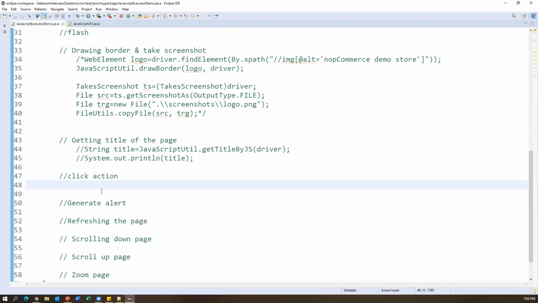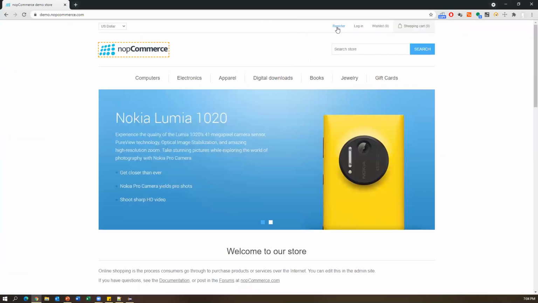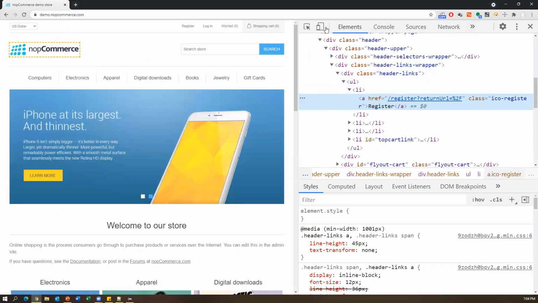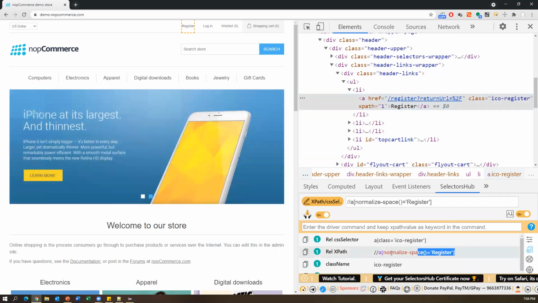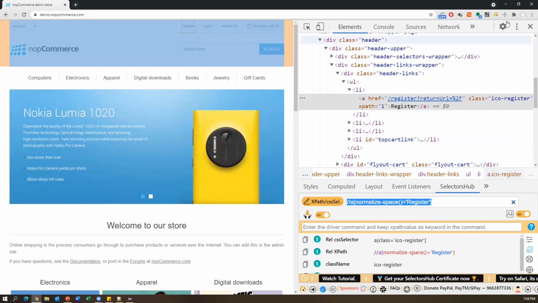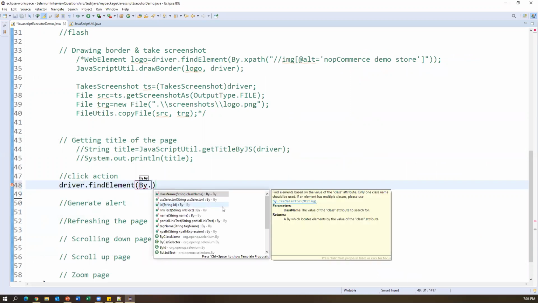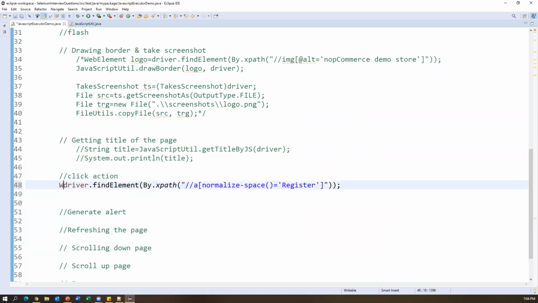Now let us test this click action. For that, what I will do is inspect one of the elements on the web page. Let us say I want to click on the register link. So inspect this register link. Go to SelectorsHub. You can use link text also, no problem. I'm just taking the XPath from SelectorsHub, and I want to perform the click action on this link. So first identify this element: driver.findElement(By.xpath), and pass this XPath. And this is a link, right? So I say WebElement